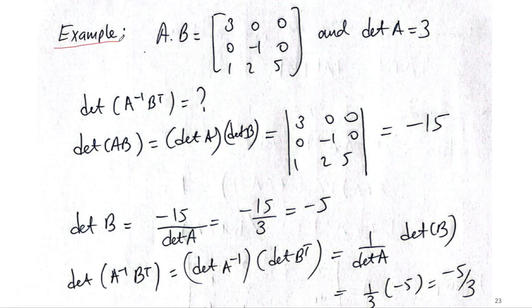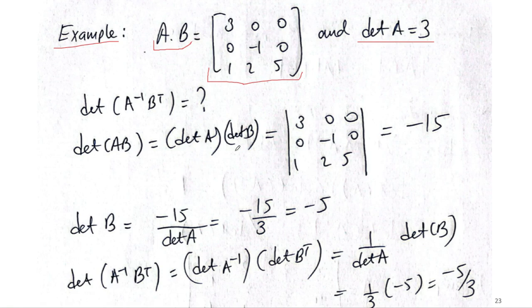Okay, another example. A times B is given with this 3 by 3 matrix, and the determinant of A is also given as equal to 3. Then the question is asking what's the determinant of A inverse times B transpose? And remember, we know that we can actually write the determinant of this matrix as determinant of A times determinant